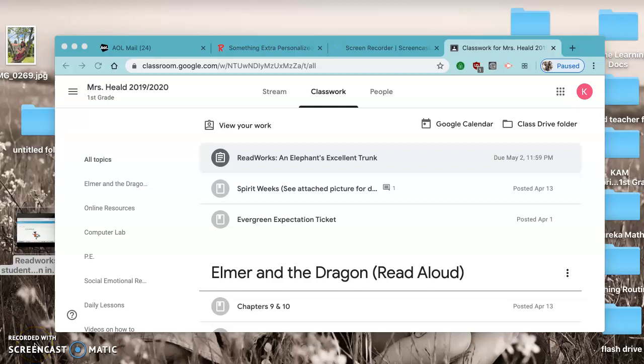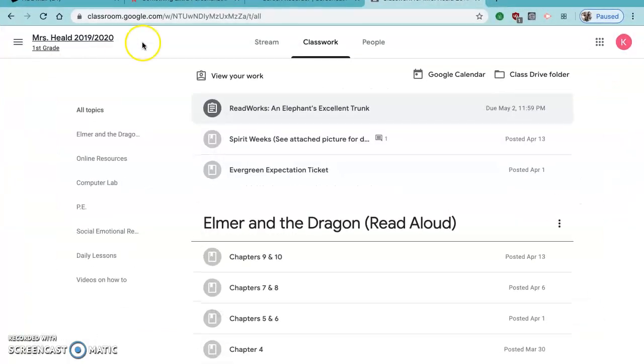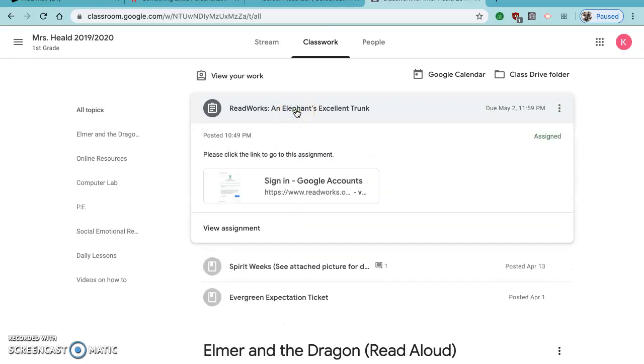Alright guys, this video is to show you how to navigate through a Readworks assignment. So I know this is new to some of you, so I want to give you just some tips to get through it. So when you go to your Readworks assignment, and this is just a sample one, this isn't one that I'm giving to you, this is just an example,